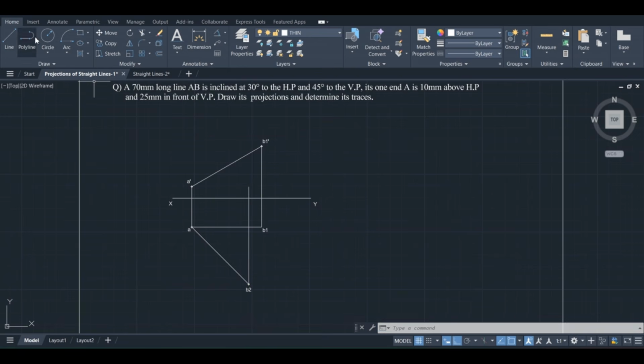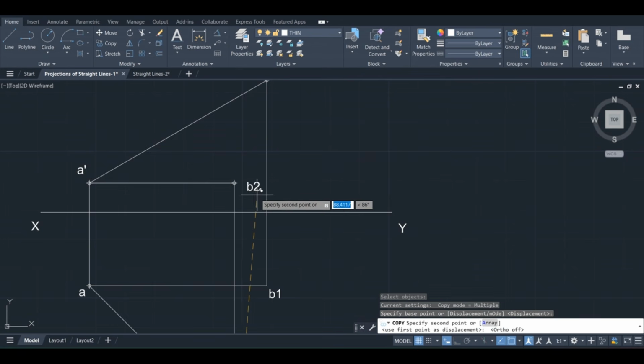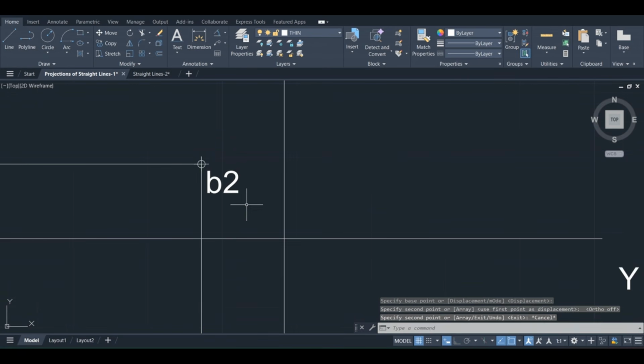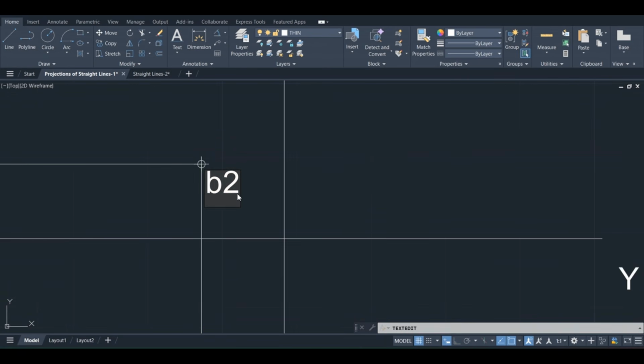Now draw a line from A dash to this point. Mark a point at this. Now this point name is B2 front view, right? So here it is B2 dash.